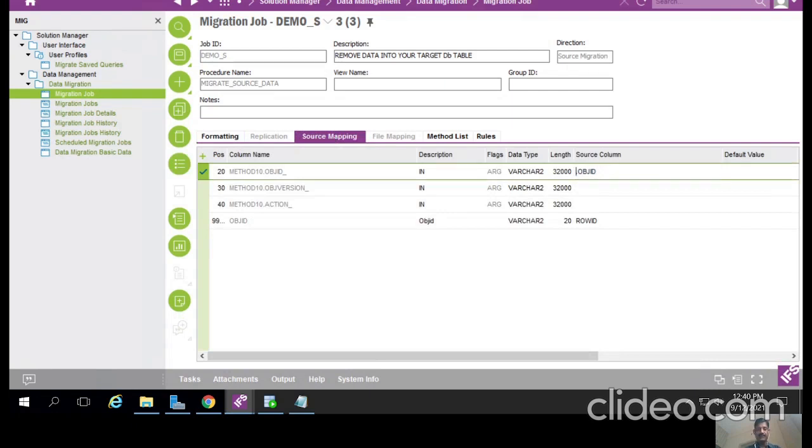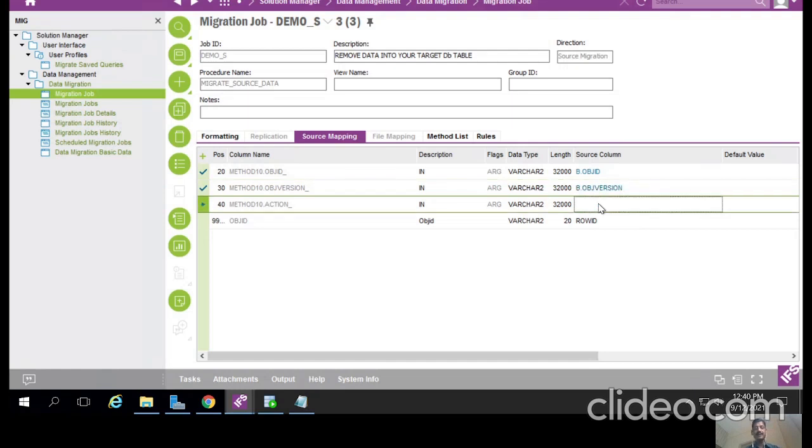Data coming from B. B dot object id, and B dot same is object version, and action time should always be 2, because it will be a hard coded value whenever we migrate data into a target system, target database table. That's why we are using 2 options from it.